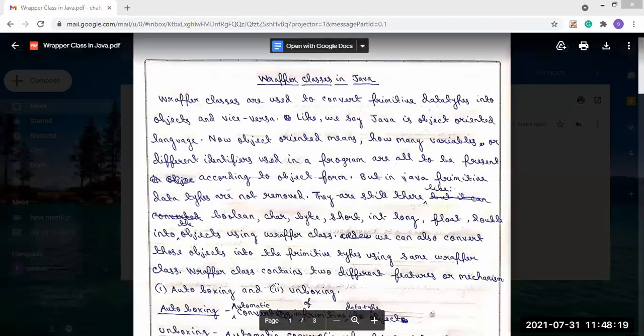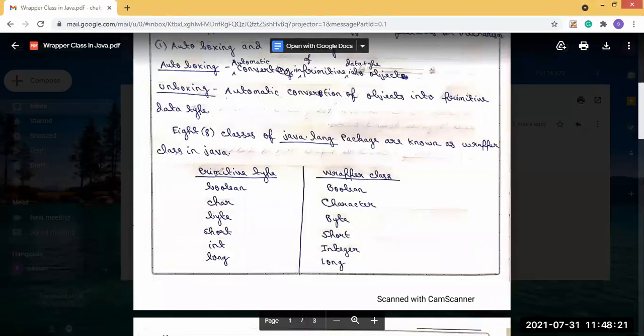There is one field that is the primitive type and another that is the wrapper class. We have a total of 8 wrapper classes present in the java.lang package.